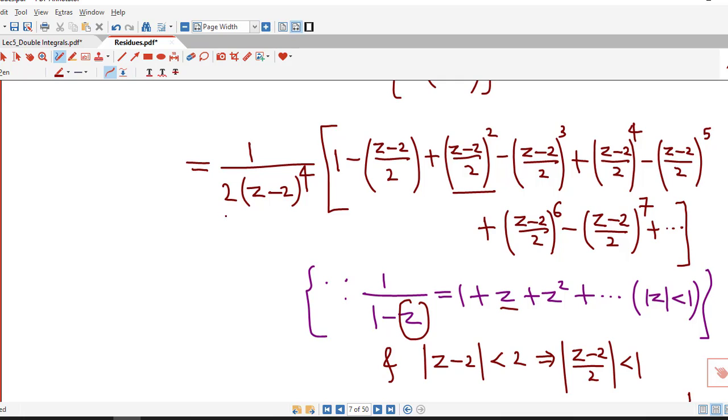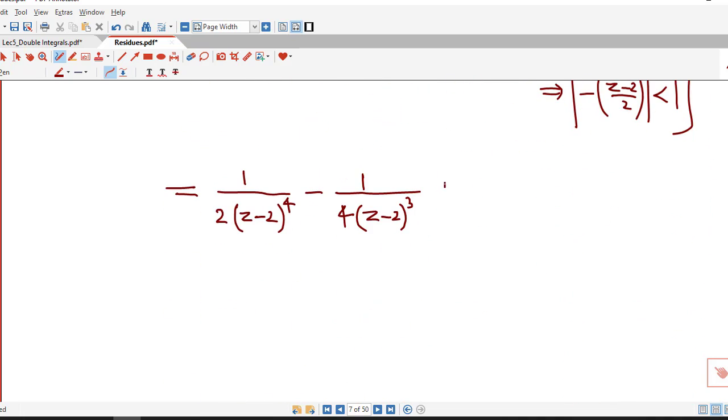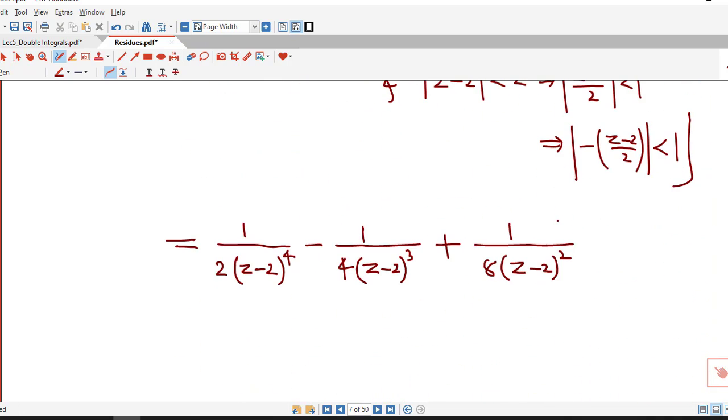Then we consider multiplication of these two. Here we have 2 square, that is 4 into 2, 8, and z minus 2 square will cancel out. So this is plus 1 by 8 z minus 2 square. Then here we have 2 raised to 3, that is 8 into 2, 16, and z minus 2 cube will cancel out. So we have